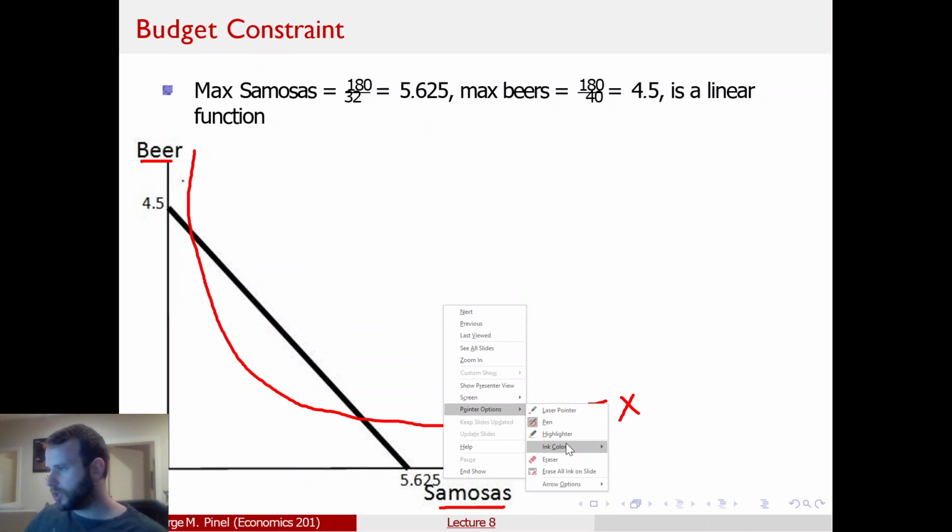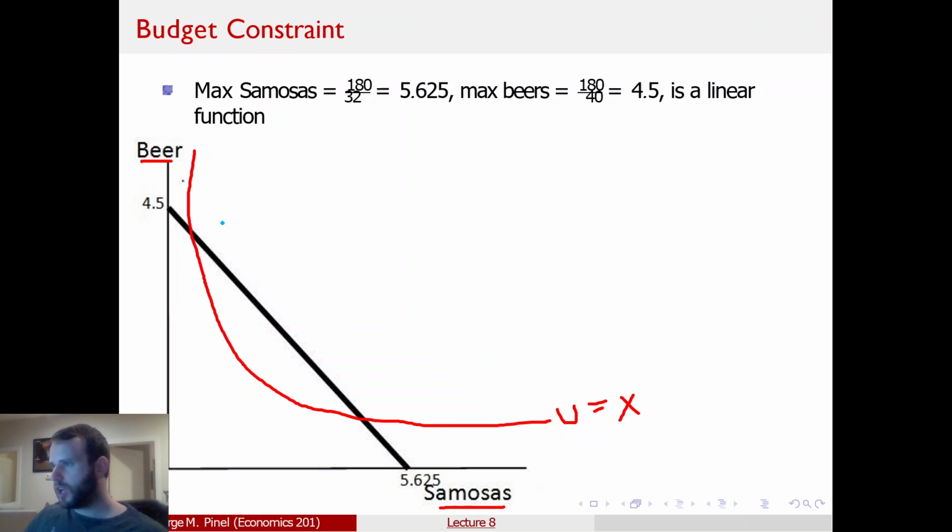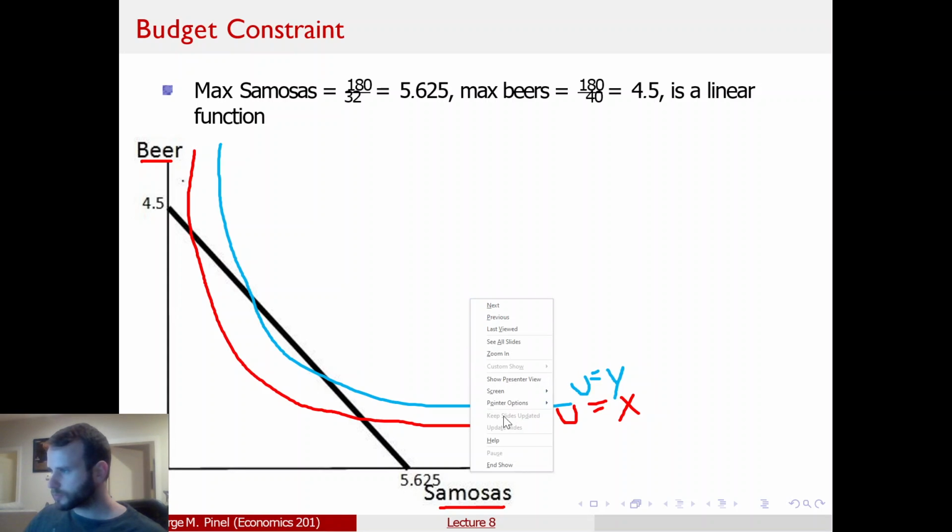And every consumption bundle along this blue line gives you a utility of y. And every consumption bundle along this purple line,